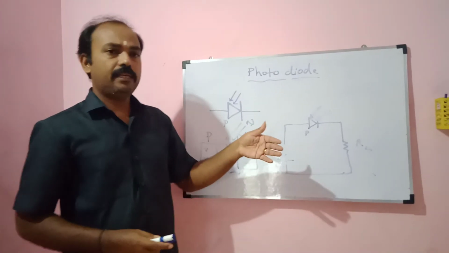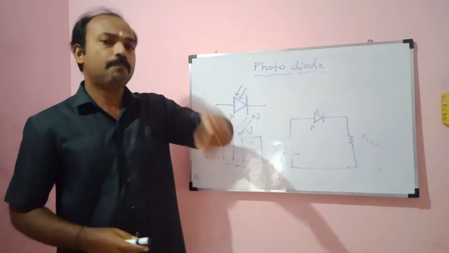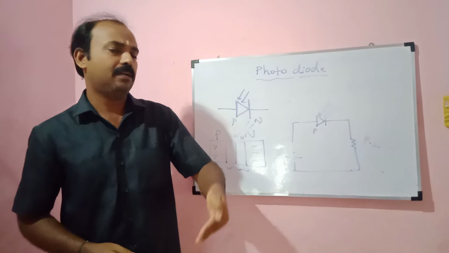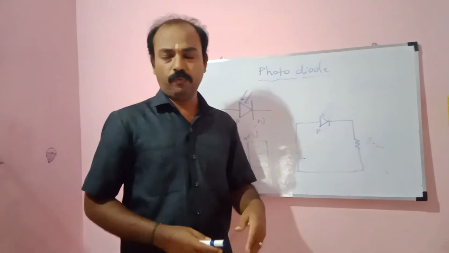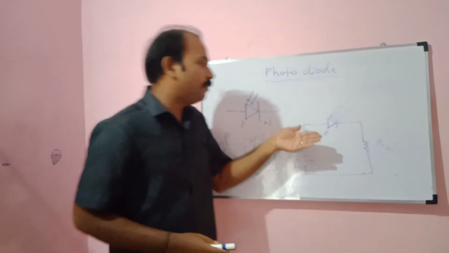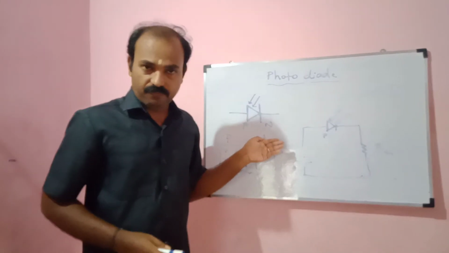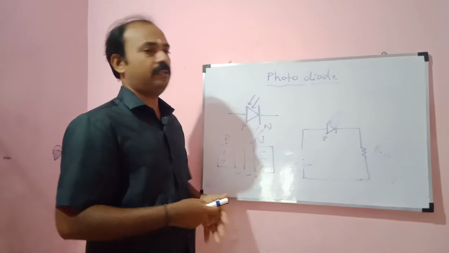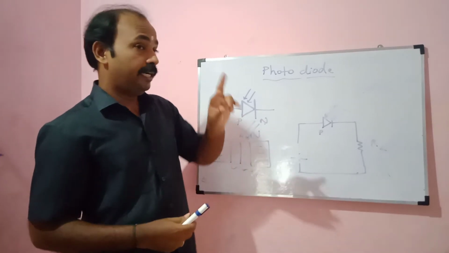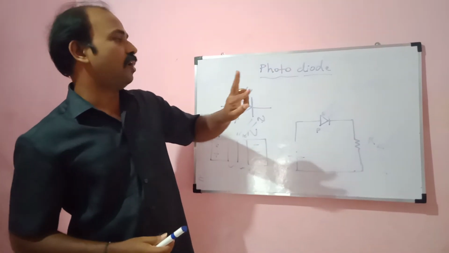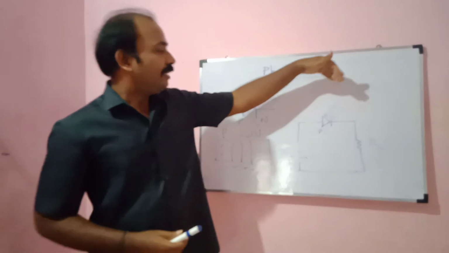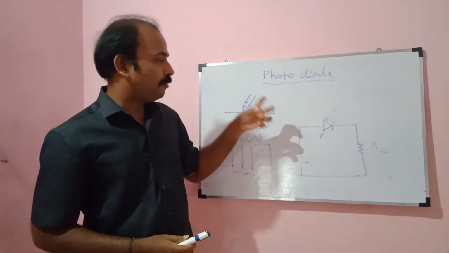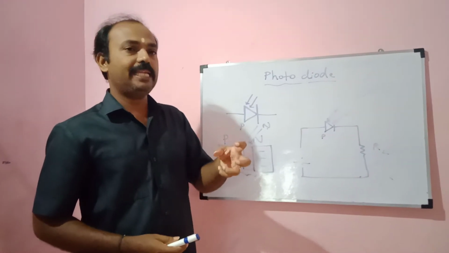automatically the electron-hole pairs will be produced. As a result of the electron-hole pairs, the electrons are moving. So as a result of the movement of electrons, there is a flow of charges. The flow of charge is nothing but current, that we call photocurrent. Already told dark current: in the absence of